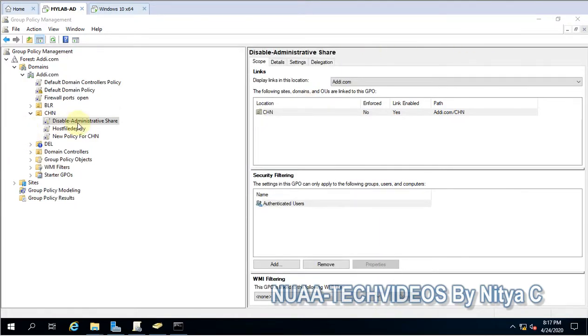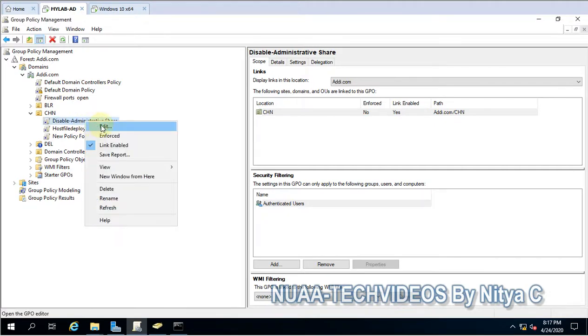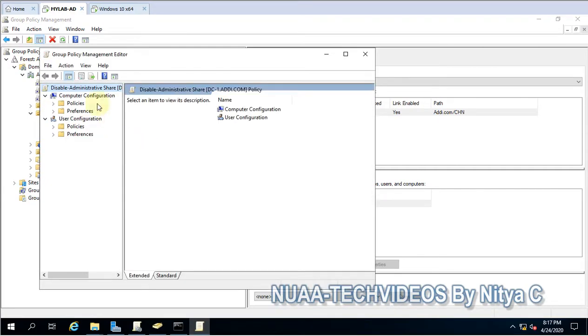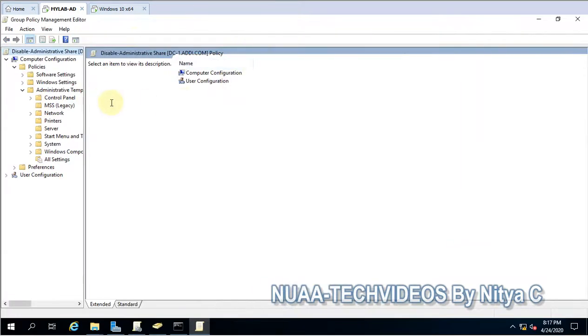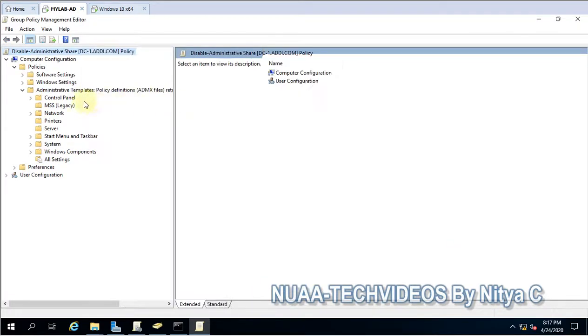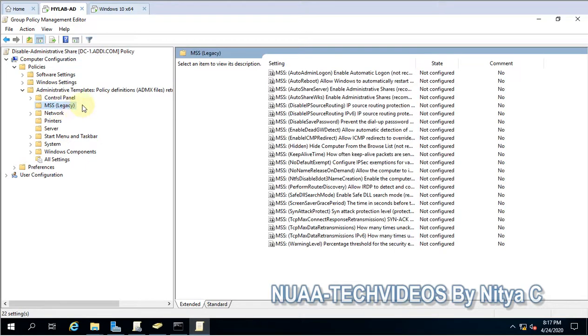So the third method, which I personally like, but first let me delete this setting as well, is the template of MSS security. I already downloaded it, and I have installed the ADMX template on this. Let me show you how we can achieve it. This is completely for the computers. You have to expand Computer Configuration and Administrative Templates, and here is the template which I downloaded and installed. If you don't know how to install or load the ADMX template, you can refer to my video.